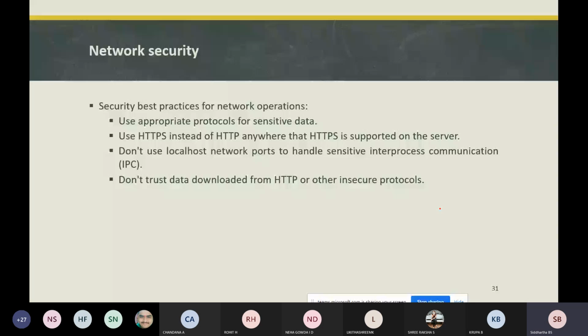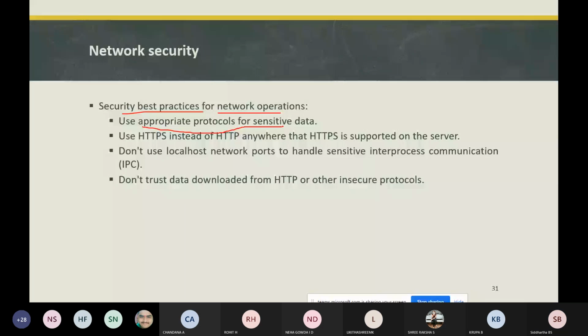So what are the best practices for network operations? How can we do that? The security best practice for network operations is to use an appropriate protocol for sensitive data. For example, if you are handling web traffic, in Android there is an inbuilt class called HttpURLConnection.